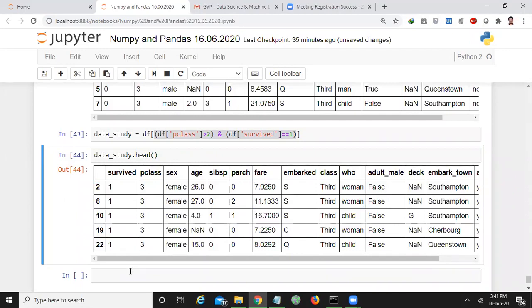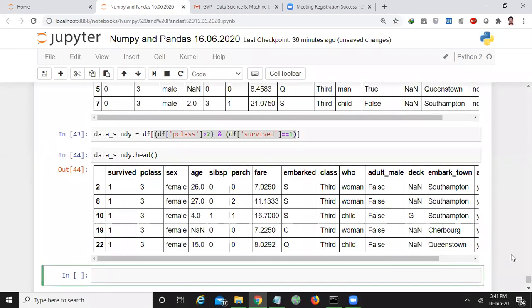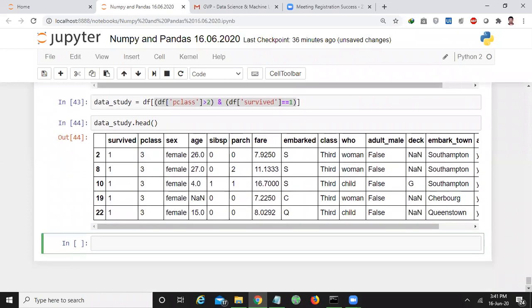Yes, are you following or not? So this is how we can study the data. Okay, and this is actually data science, the study of data. Am I right? The study of data. These are the various ways of studying the data. Okay, this is just we are studying the data in the form of text. Later, in the later sessions, we will see how to study the data visually.